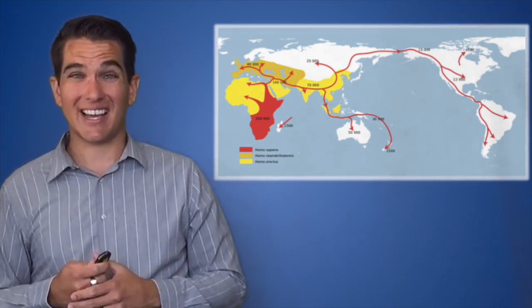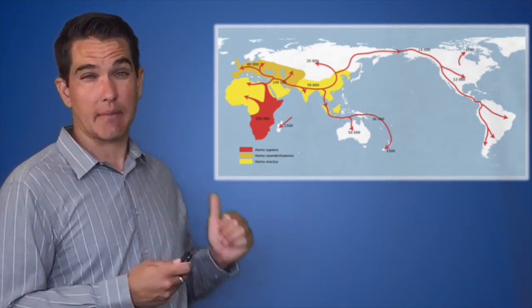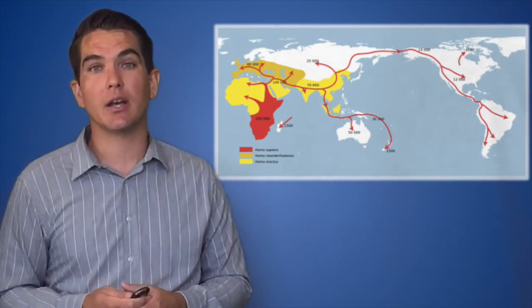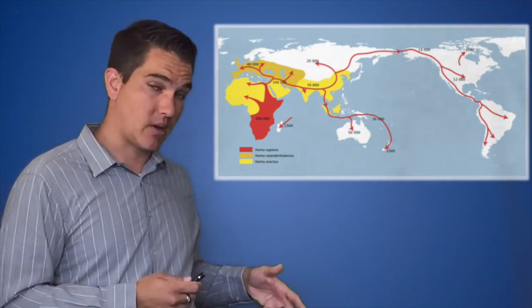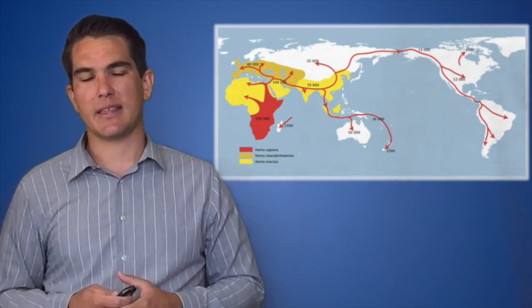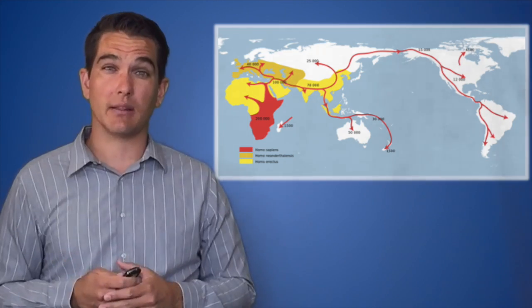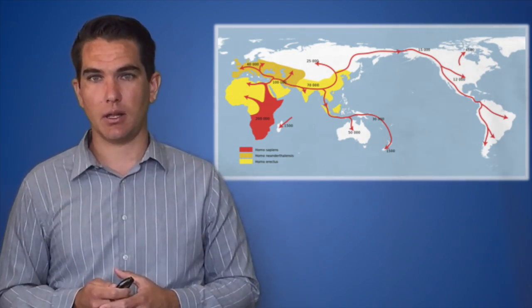Now this is during the last ice age, so there's a lot more land bridges. You can see they came up out of Africa across that big landmass that we call Eurasia in this class, came all the way down using land bridges and boats to populate Australia, and even the Americas by about 20,000 years ago. So it's during this Paleolithic period that human beings came to settle most places across the globe.